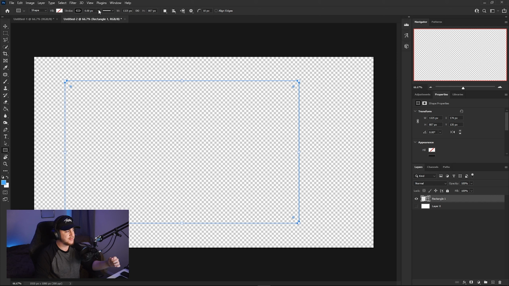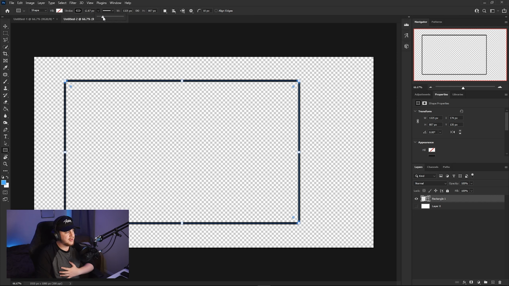If you go over one column to the right, you will see that there is a pixels adjuster, and basically what this does is it adjusts the width of the actual outline of the overall facecam overlay. So I normally like to go to about 12 or 15 for my facecam overlays just because it gives it that nice thin look, but you can always go up to a higher number. Whether or not it's 20 or 18, let's just go ahead and do 20 for the sake of the video.